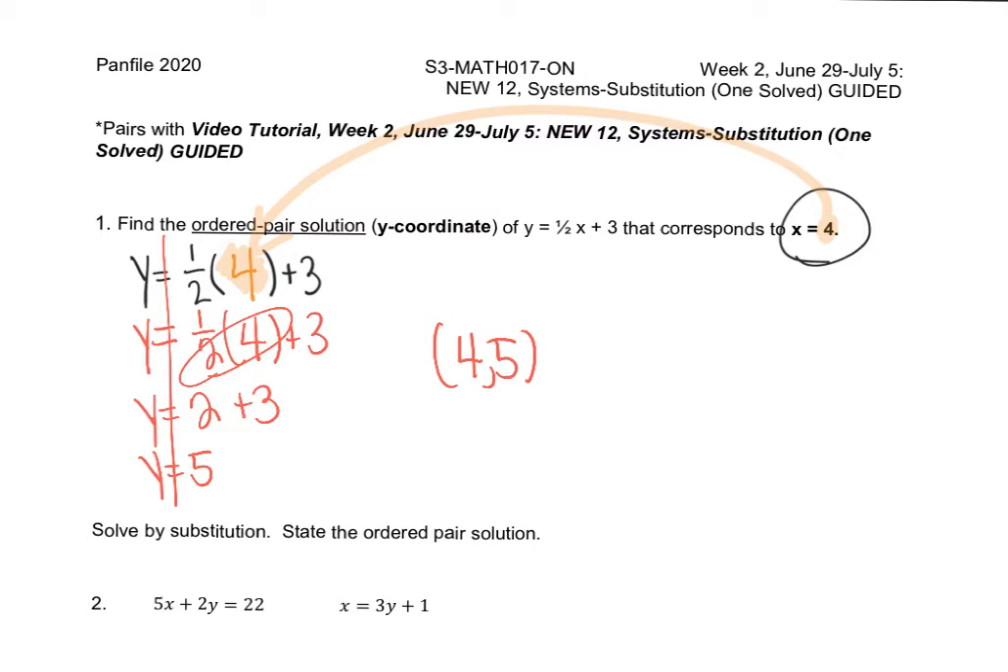Where did I get those numbers from? Well, the 4 came from here. The 5 came from what I just found, y equals 5. So the ordered pair solution we did get that 4, 5. Right now we've been doing this for 2 weeks, plugging in an x, getting a y. X's are always the in, what we put in. Y's is always what we get out, input, output. All right, so